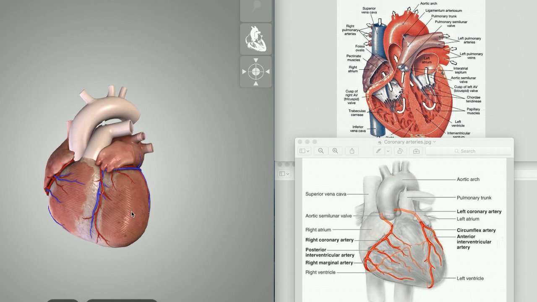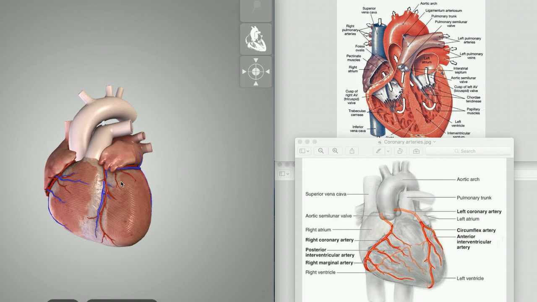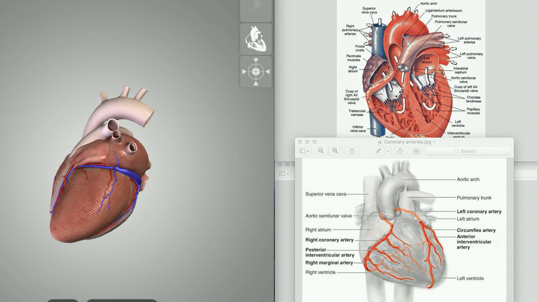You can also call it the LAD. Some people call it the LAD, left anterior descending artery. So the anterior interventricular artery is this one here, and you've got the circumflex, and they both branch off from one branch, which is known as the left coronary artery, which in this case is below the left atrium. Now, if we swing back around to the other side,